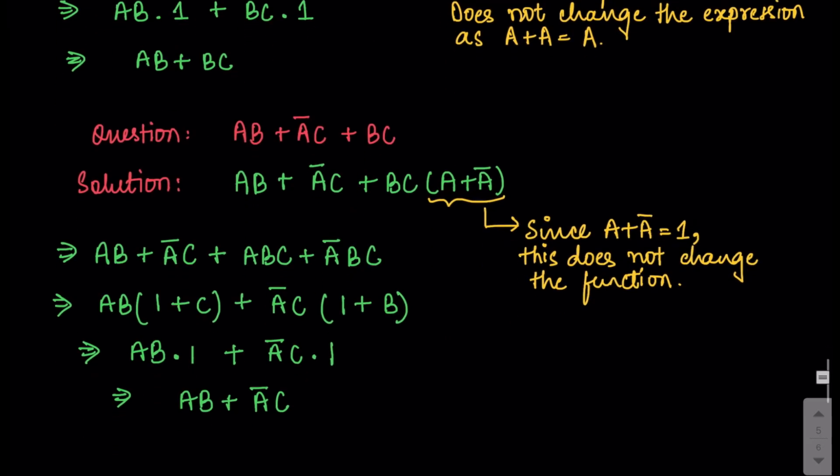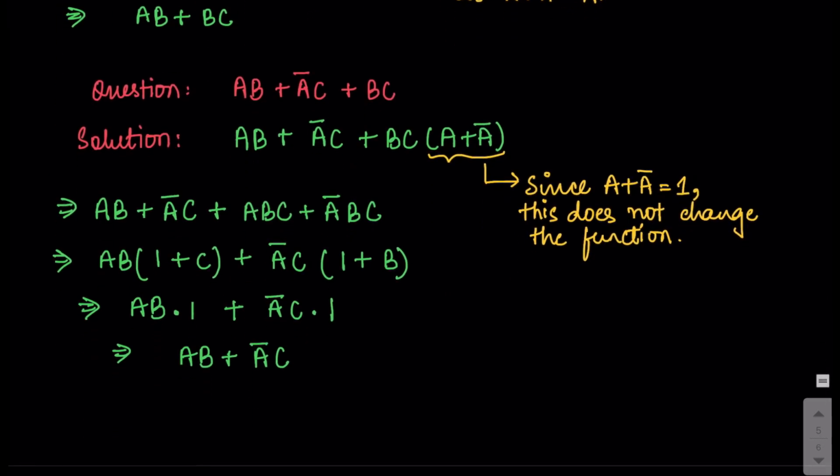Then we come to the next example, which says we have the question ab + a bar c + bc. Now again, this is a little bit different in how you minimize it. What we are doing in this is that we are trying to complete this term and write down the missing variable, that is A over here, in this form (a + a bar), because we know that this expression would result in 1.